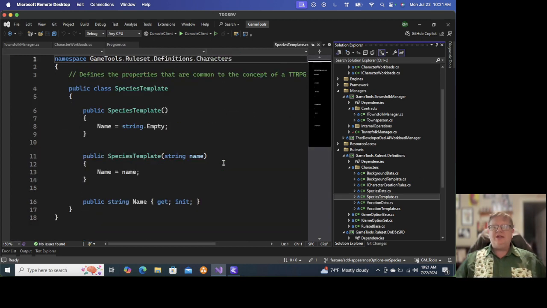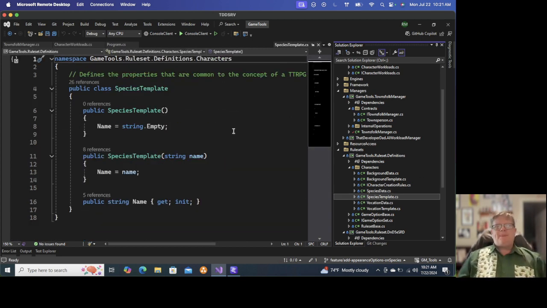But on species template, I think I would like to